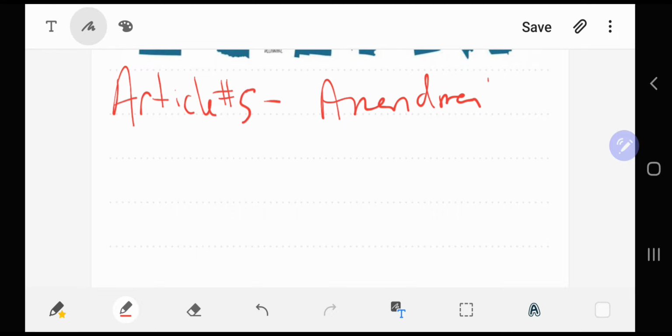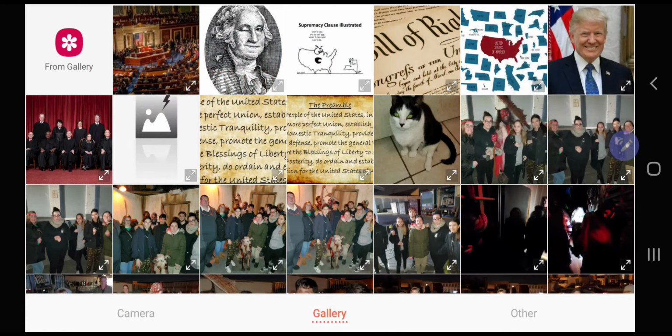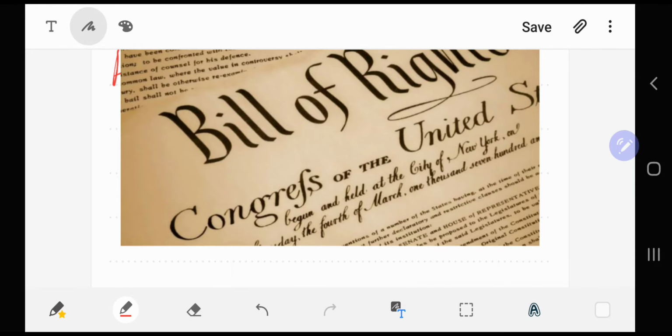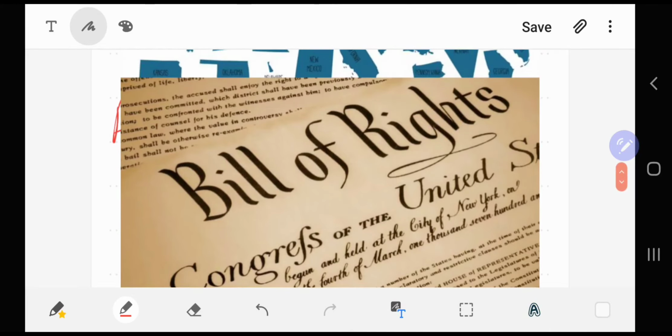Article number 5 sets out rules for amendments, which is important because even before we've ratified the Constitution, we've already decided there needs to be changes. So as soon as we are ratifying the Constitution, on the same day that we initially ratify the 7 articles of the Constitution, we already have a list of 10 amendments that we want to make. 10 amendments which will protect certain rights for citizens of this country. Those original 10 are called the Bill of Rights. There's been 17 more added since then.